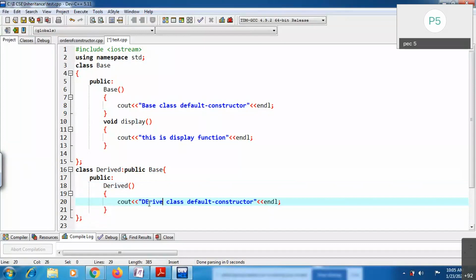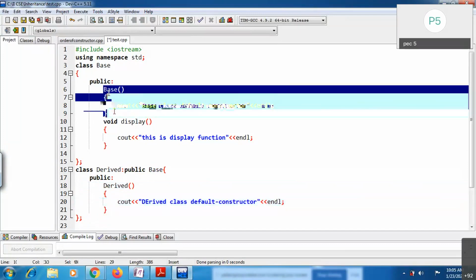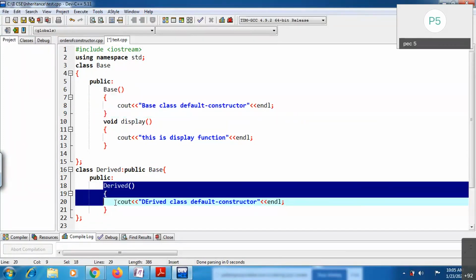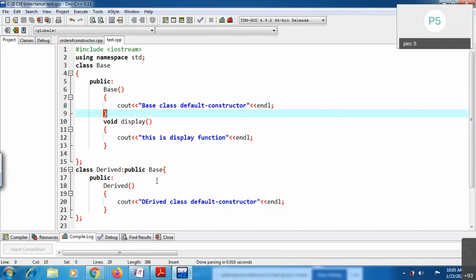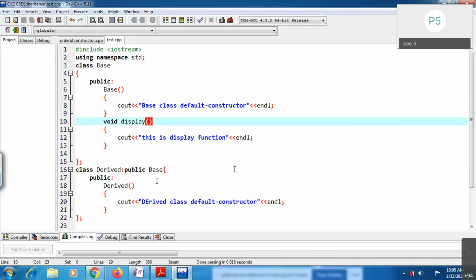This is the default constructor, right? And this is also one. Now you tell me, whatever members you have in the base class, are those visible inside the derived class? See, inside the base class you have the display function.